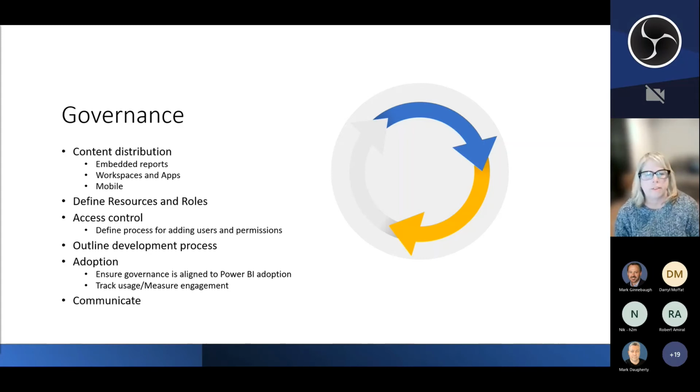and then rolling those out. Defining the resources and roles, making sure you know who's going to represent what area, who's going to do what, and then talking about the process for adding users and adding permissions. And typically what we see done is an AD group gets set up. That AD group gets added to your app permissions. You use the same app, same groups typically if you can for security. Ideally those align. You might have more security groups than you do permission groups, but that's definitely the recommended process